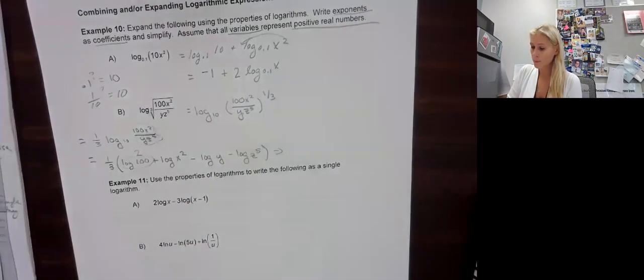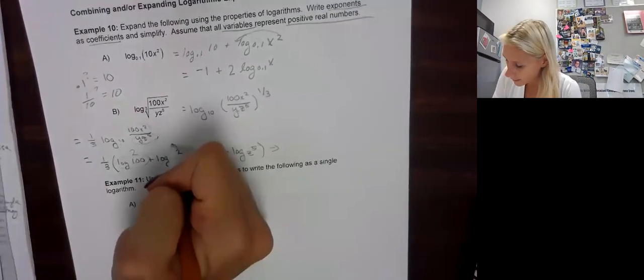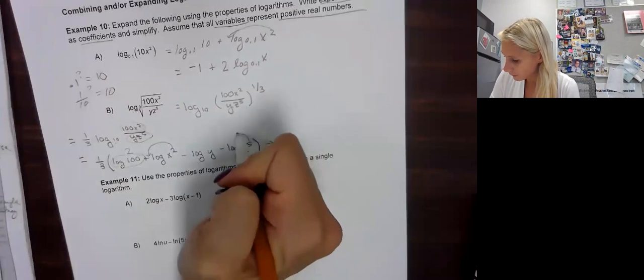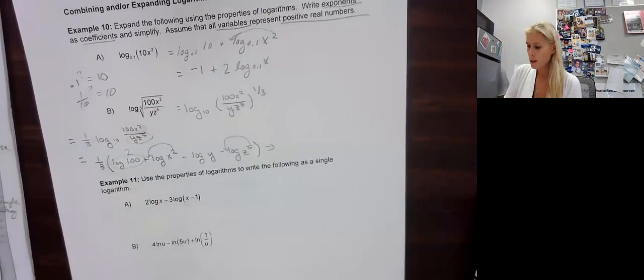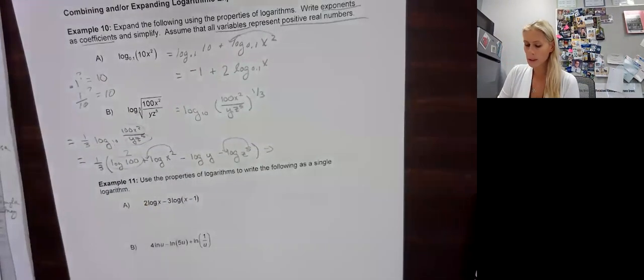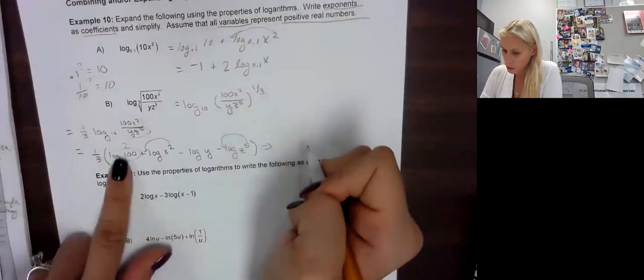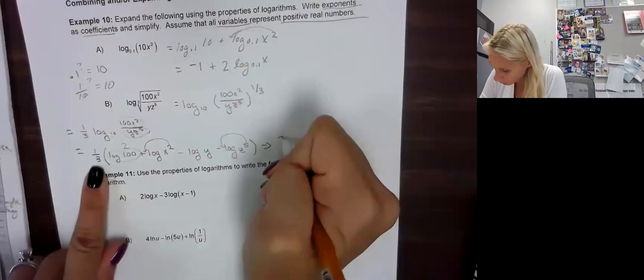It is 2. Okay, and then this 2 exponent comes in front. This is fine, and this 5 comes in front. Then we're also going to distribute that 1/3 out. So what we get is 2 times a third is 2/3